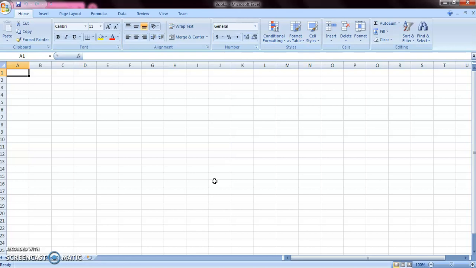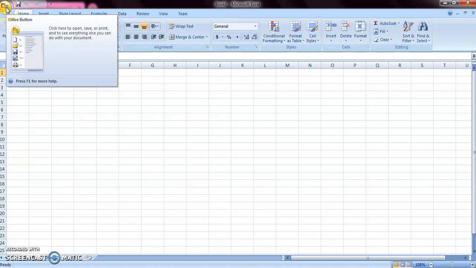The Excel window is nothing different from other MS Office software windows. It contains some of the same options that you can see in MS Office Word or MS Office PowerPoint. Just like the Office button, you can see it at the top left corner.